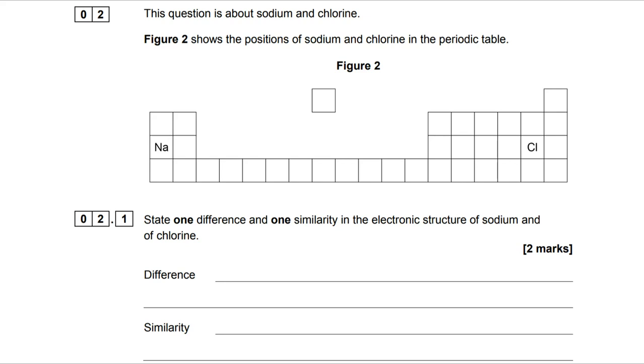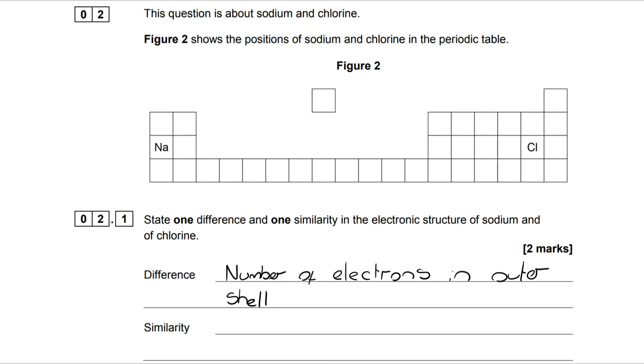So we're looking at similarities and differences. Well, in terms of a difference, sodium being group 1 has 1 electron in its outer shell, chlorine has 7 electrons in its outer shell. So that seems a really clear difference to note down. And you'll get the mark for simply saying the number of electrons is different. If you specify the numbers, they have to be correct,